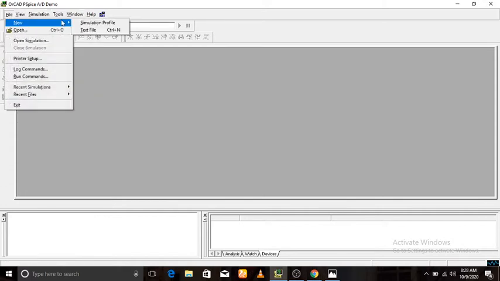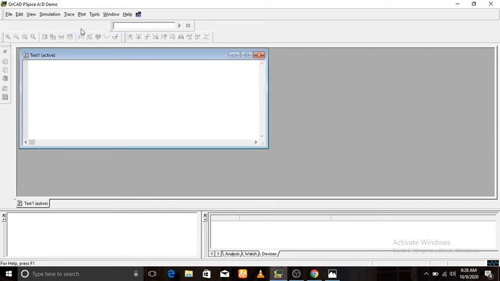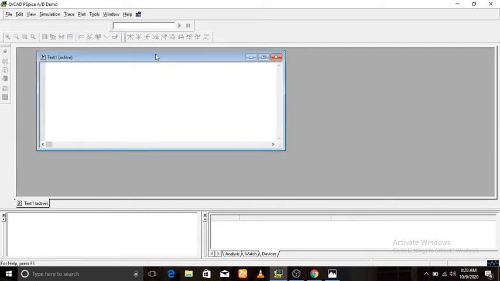This opens a new window, and now we have to write some code to simulate